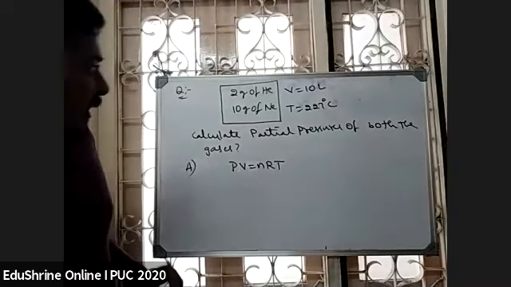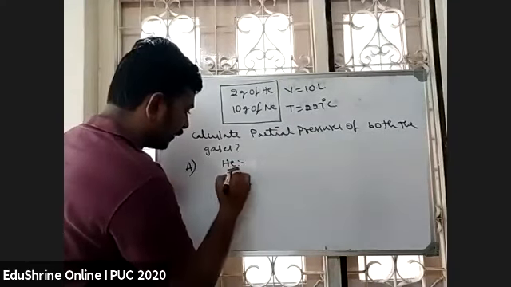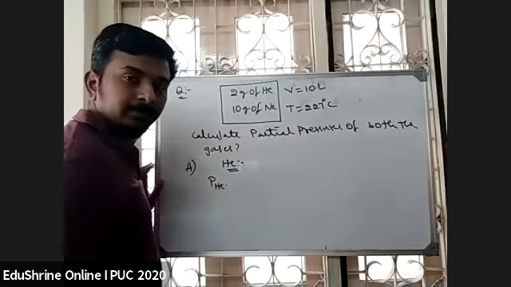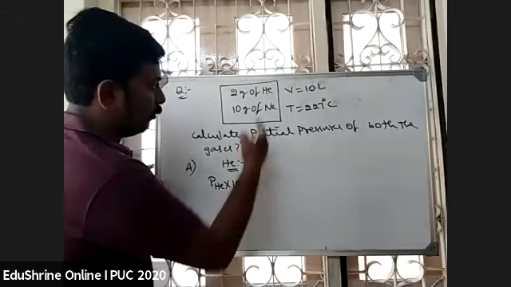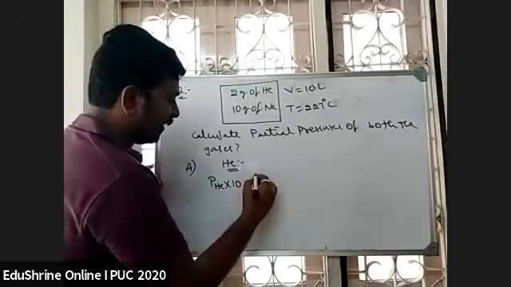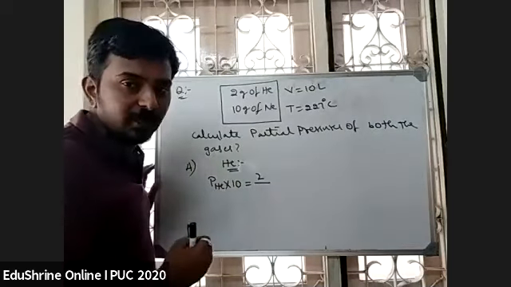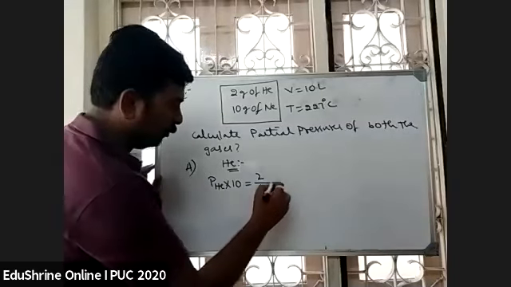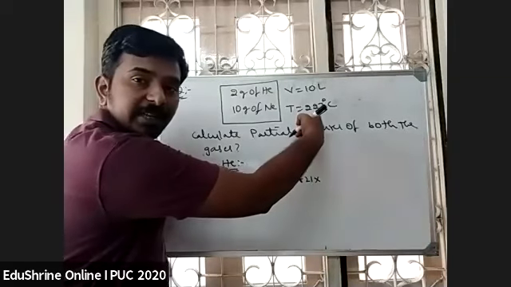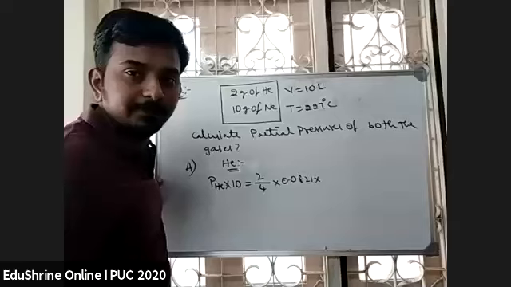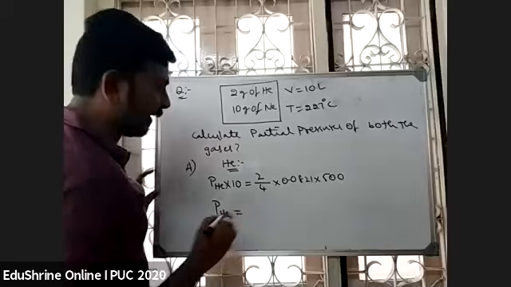First way I'll explain. First let me take it for helium. Like in the derivation we have done. So partial pressure of helium into, by using the ideal gas equation, volume is 10 liter will be equal to number of moles of helium. So mass is 2. What is the molar mass of helium? 4. Helium molar mass is 4, right? So 2 by 4 into R value is 0.081. Temperature is 227 degrees centigrade. That means 500 Kelvin. Into 500. So if I solve this, students, I will get the partial pressure of helium directly.